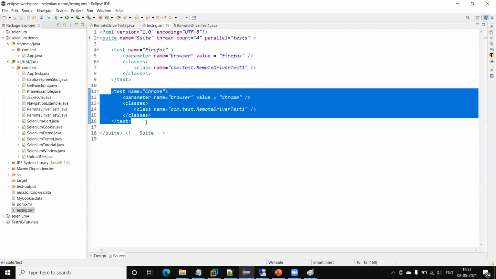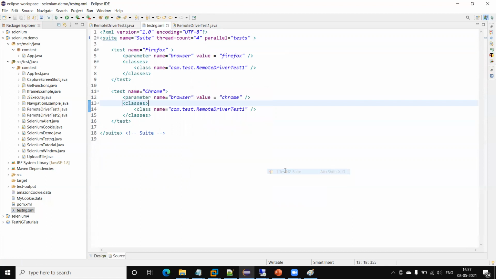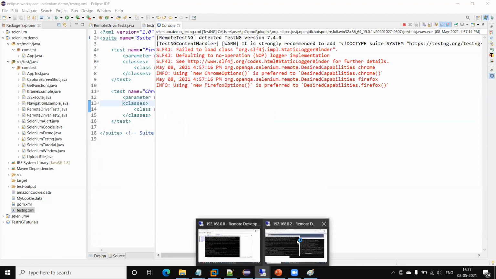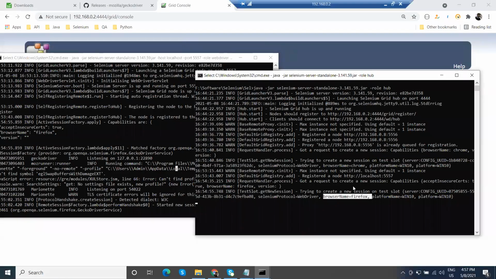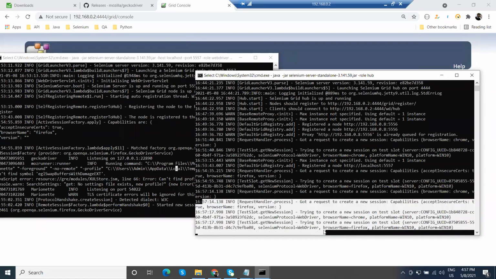Okay, now let me run this. When I run this test, both tests will run in parallel, one for the Chrome and one for the Firefox browser. I just trigger this, and you can see here the request will go first to the hub. Now this is a request for Firefox as well as Chrome browser.